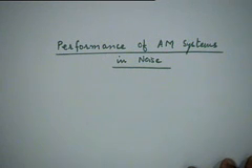Okay, so let's continue our discussion that we started last time about performance of communication systems in the presence of noise. And we have discussed so far the two situations, one corresponding to transmission at baseband, and we found that the signal to noise ratio that you can expect at the output of a baseband system is basically the input signal power divided by the noise power which is present in the message bandwidth,